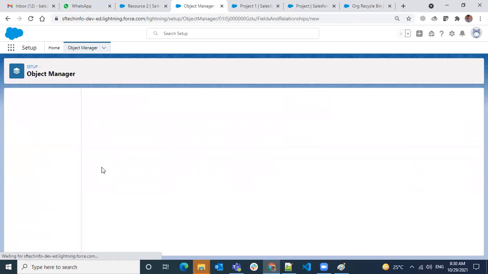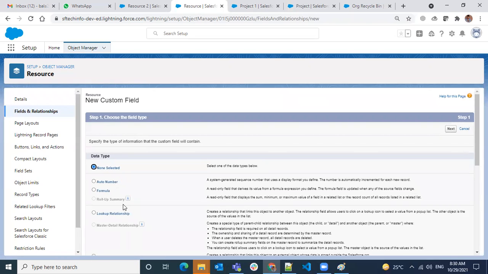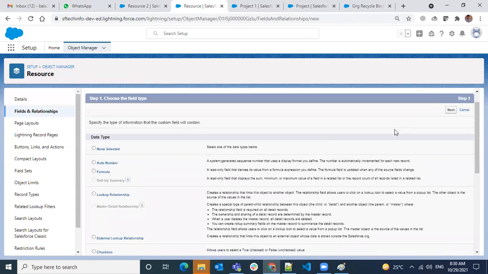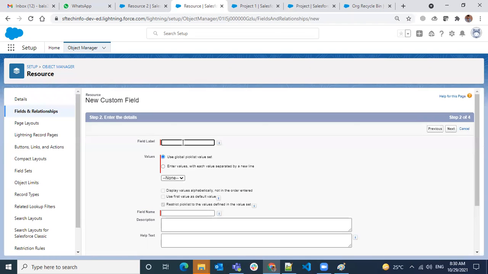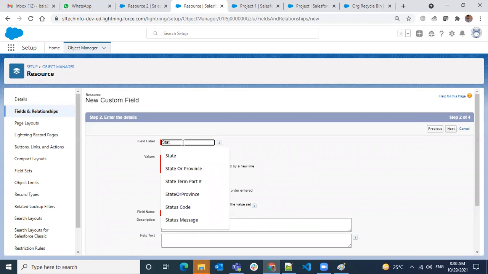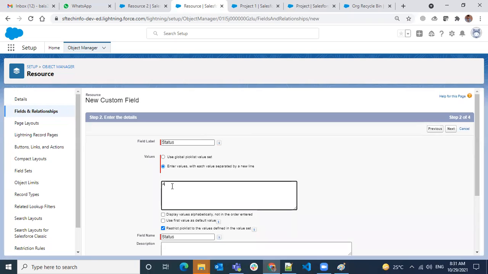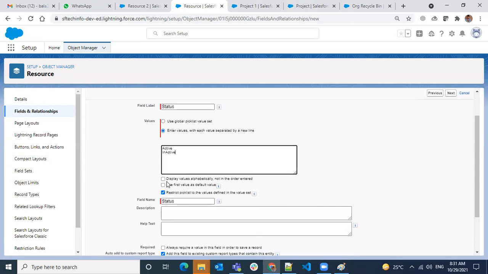Okay, let's create one field, a picklist, for the status of the resource. I want to make it active or inactive. For the default value, I want to keep the first value as the default. I want to make it a restricted field.